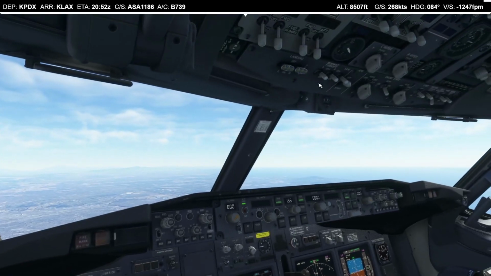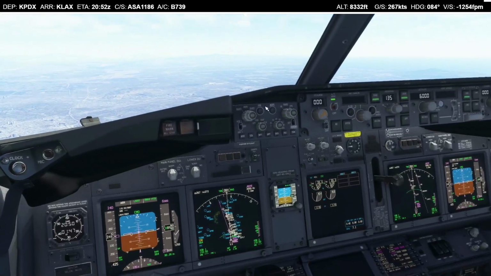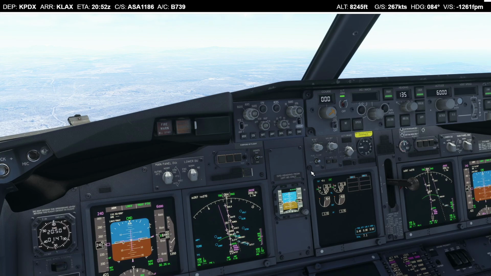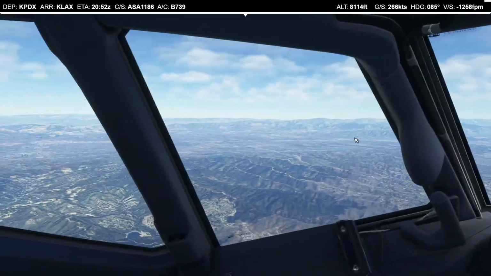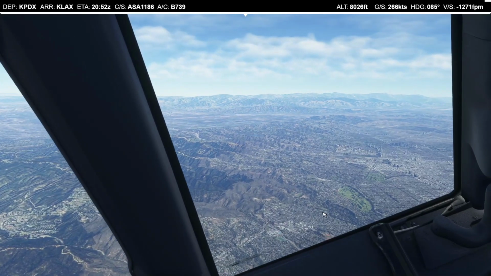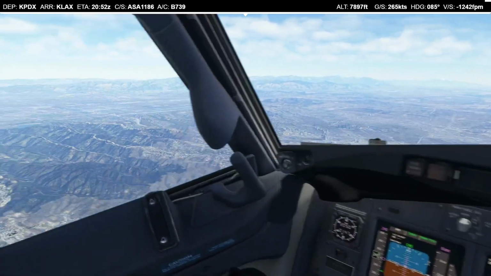Welcome back. We are already below 10,000. Let's quickly switch on those landing lights. Seatbelts are back on. And yeah, I'm so blown away by this. I think flying into California, I think Asobo just absolutely nailed it. It looks tremendously good, and I hardly ever do it flying into this area, but since now we have this beautiful LAX airport,